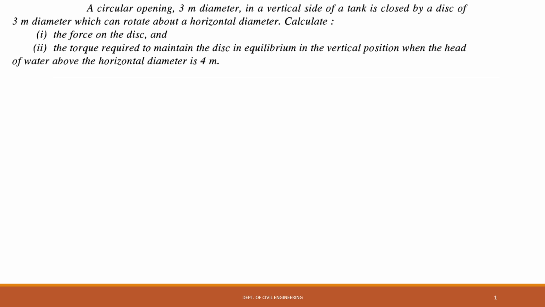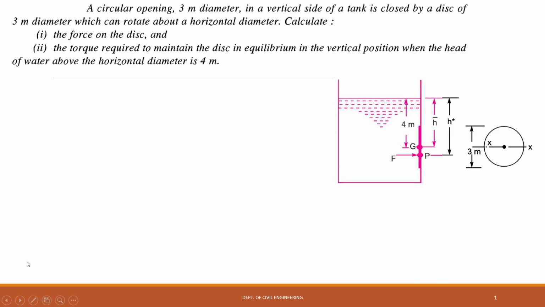So first we need to understand the question. We'll try to understand the question with the help of a figure. So here you can see the tank. Assume that it is a cuboidal tank. So these two are the two opposite sides of the tank, and on this vertical side you have the circular opening. See, this is the front view. So you can see the circular opening as a vertical line. If you look from the side, in the side view you can see the circle. So this is the opening, and this opening is covered using a disc, circular disc.